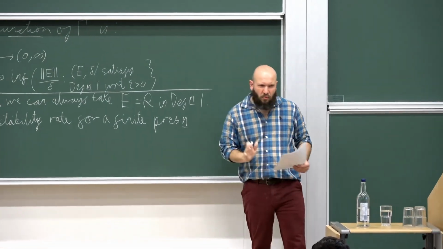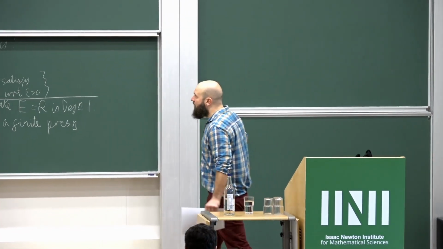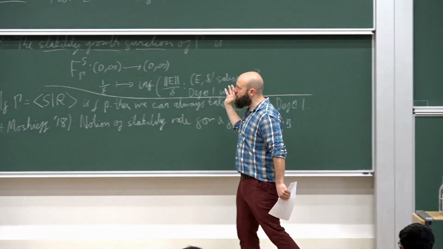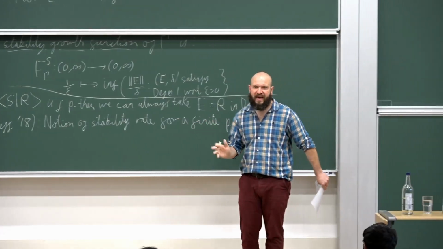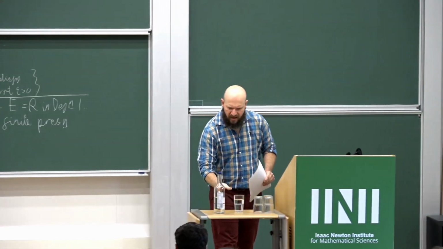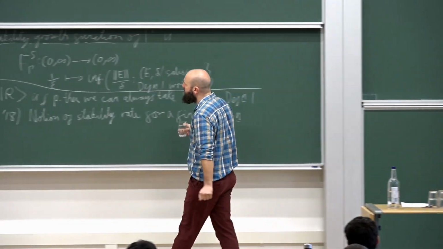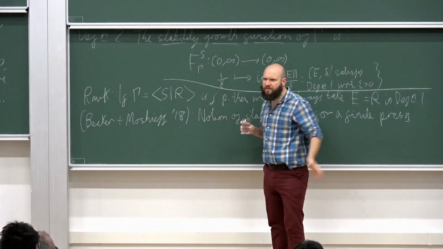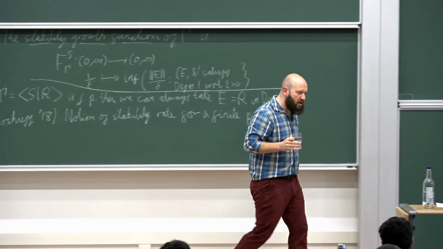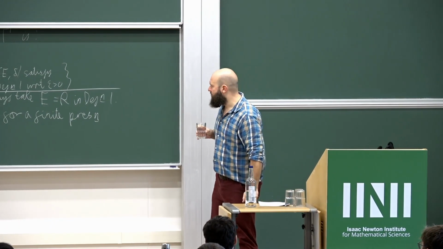And they don't quite express it this way, but it's essentially what I said. You are running the test to quantify definition 1, but with respect to the fixed relation set R, always. Now, this means that the stability growth function is always at least as small as the corresponding thing